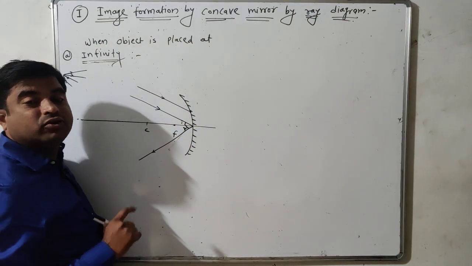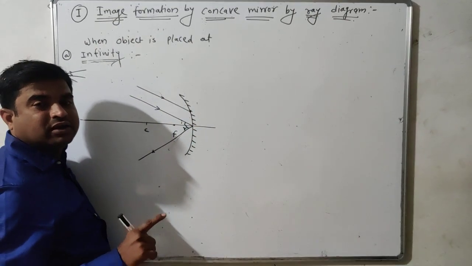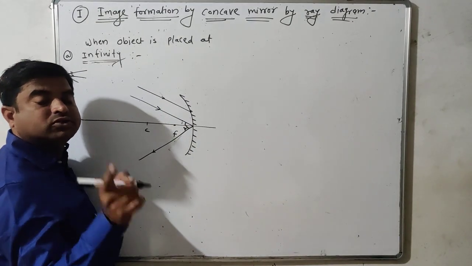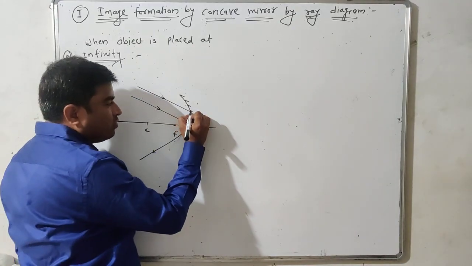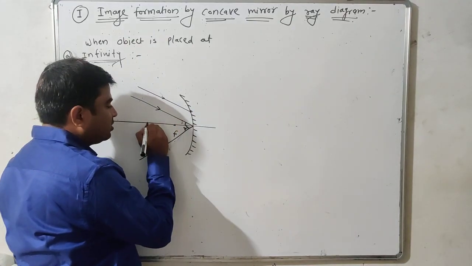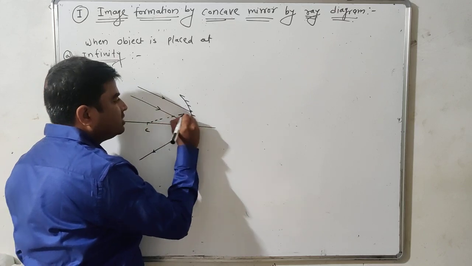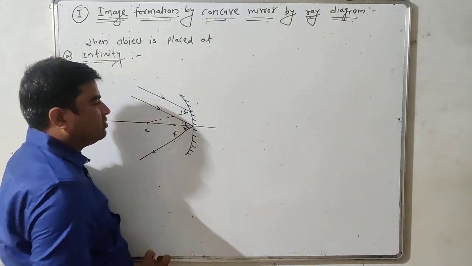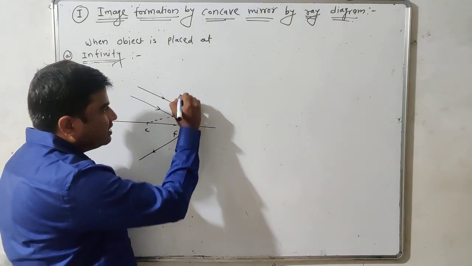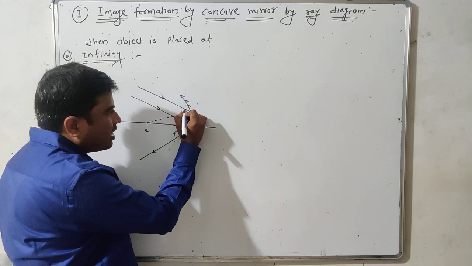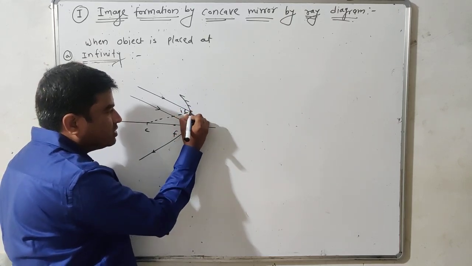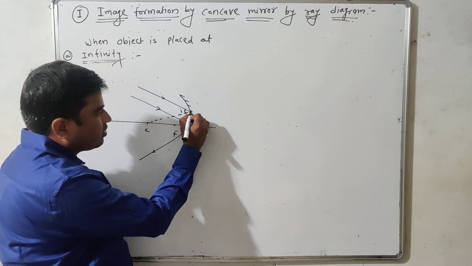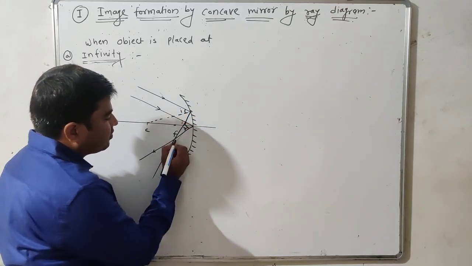For that we need to draw a normal, and you know that the radius drawn to any spherical surface is always normal to it. Therefore, we need to draw a radius at this point, and this is the center. This is the radius and this is the normal line, angle of incidence. Now student, this mirror will again reflect this ray such that the angle of incidence and angle of reflection will be the same. Therefore, it reflects a ray of light like this here.